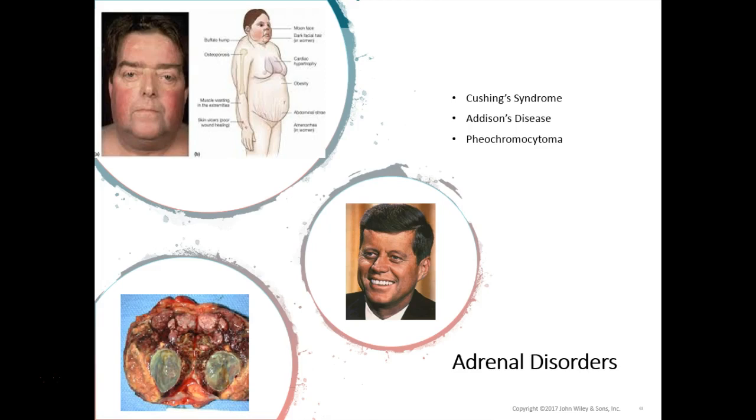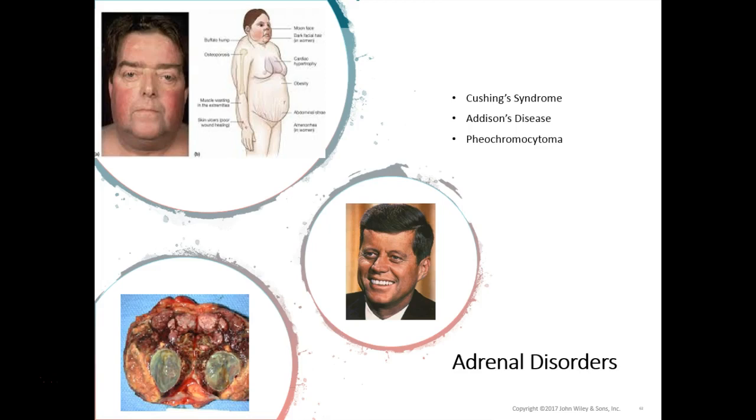Addison's disease is hyposecretion of glucocorticoids and aldosterone, sometimes called chronic adrenocortical insufficiency. Most of these cases are autoimmune, where antibodies cause the adrenal cortex destruction or block binding of adrenocorticotropic hormone to its receptors, and of course that's going to decrease the release of the cortisol and the aldosterone. But also there are pathogens like the bacteria that causes tuberculosis that can trigger the breakdown of the adrenal cortex. Symptoms usually don't appear until about 90% of the cortex has been destroyed, but they can include mental lethargy, anorexia,